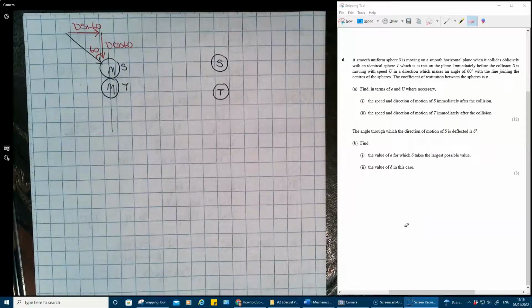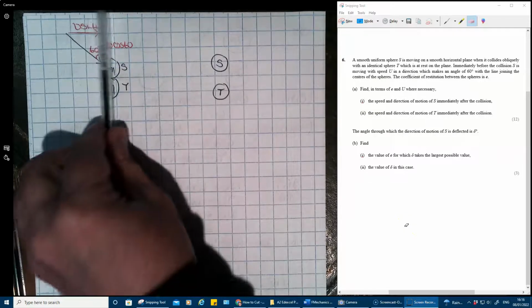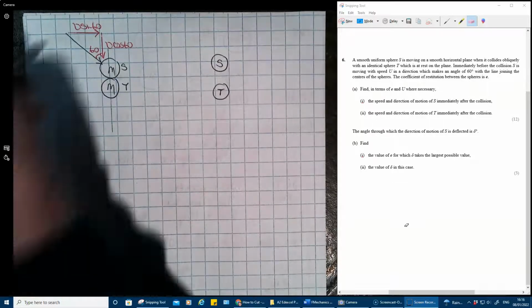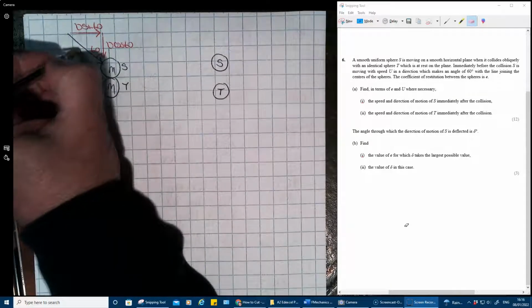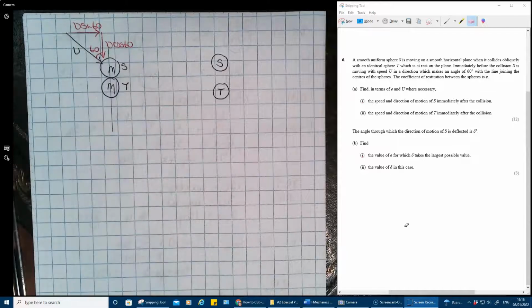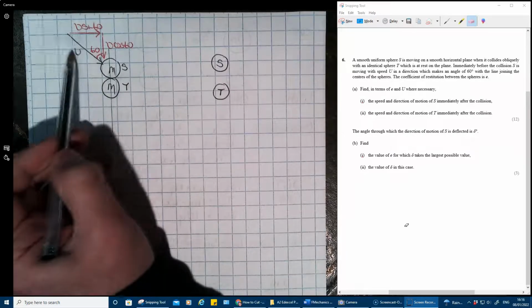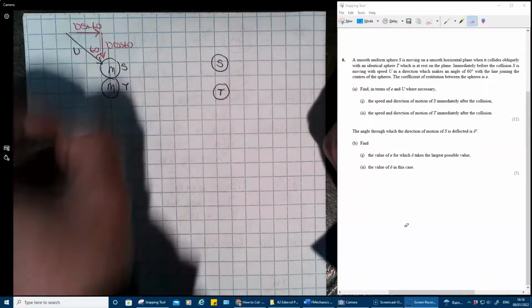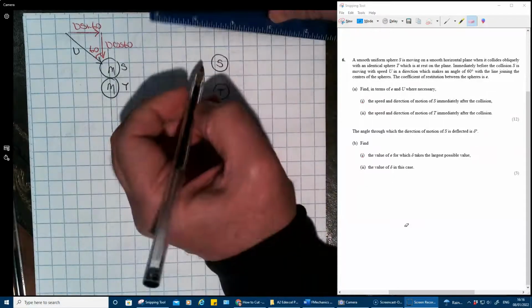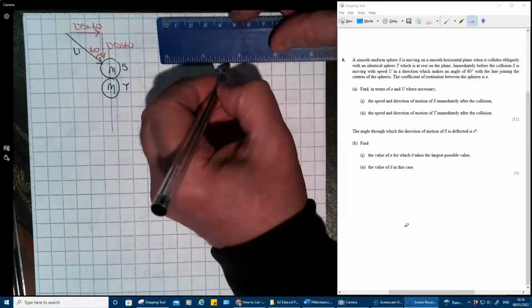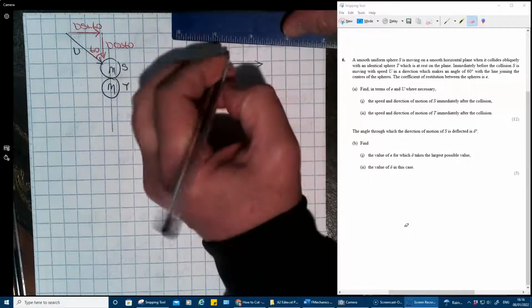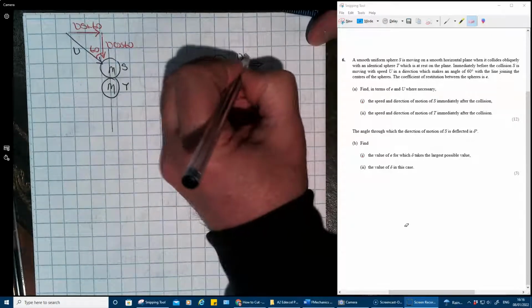Okay, here we've got two spheres colliding, S and T, and the point of contact is in that direction. We've got initial velocity of S, which is u at an angle of 60. So I'll split it into u sin 60, u cos 60, the two components. Afterwards, we know that the component in the direction of impact will change, but the horizontal one in this case will not change. So that remains u sin 60,